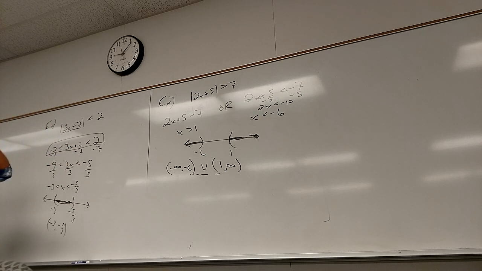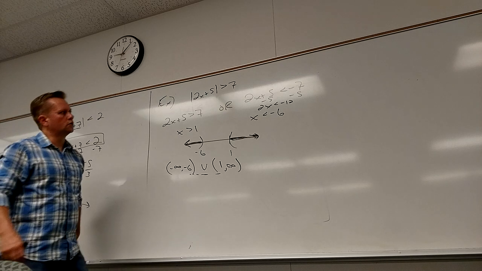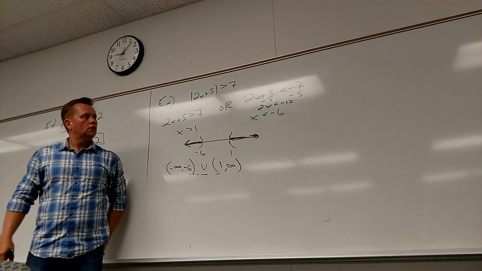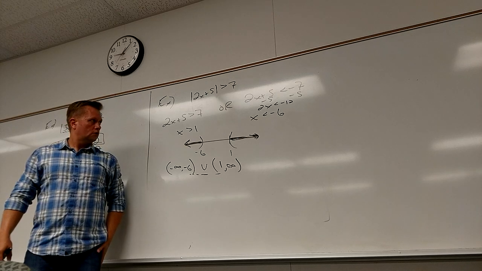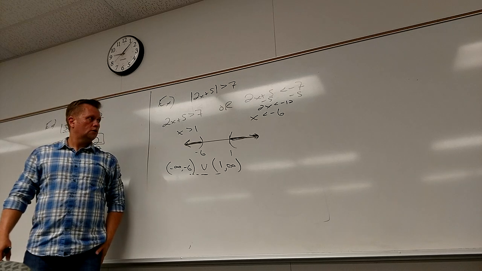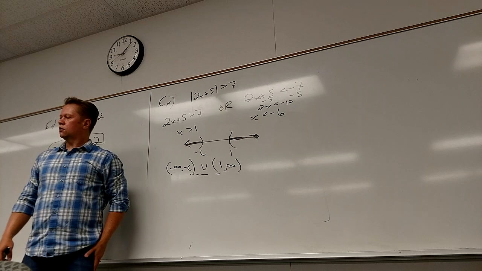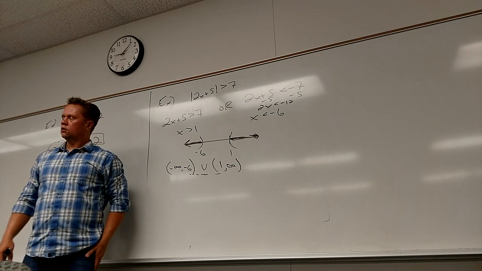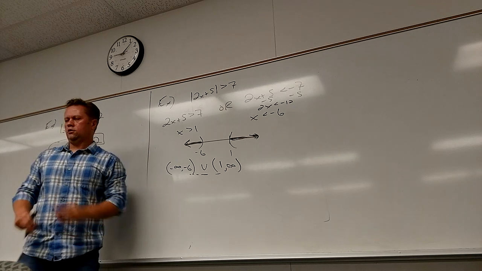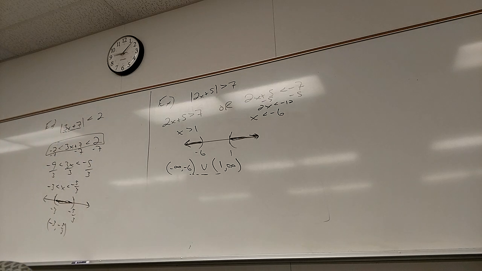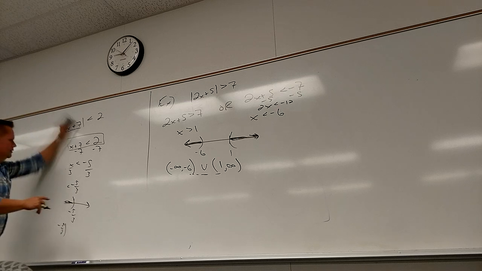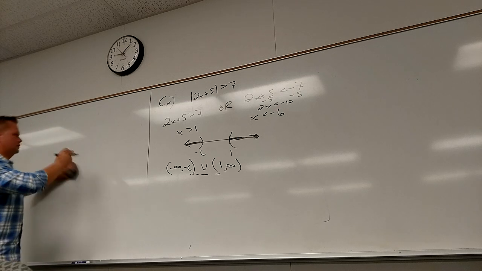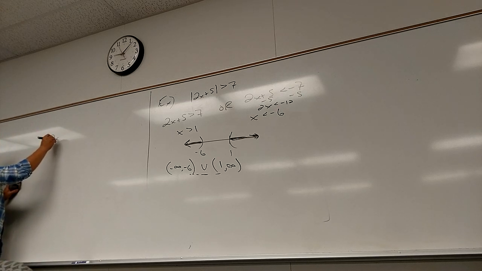Yes? So if you looked at that problem on the right, since you already see that it's going to be less than 7, would you just automatically know that you do all of that, but then on the other thing you change the signs or something? Yeah, so here, let me show you. Here's what's really going on. All right. So if I have this problem,